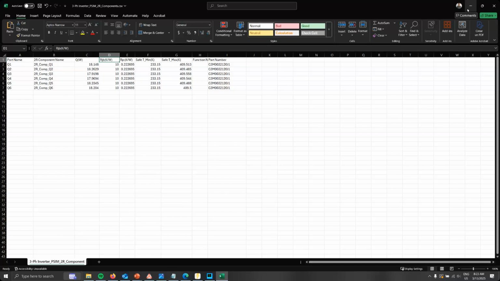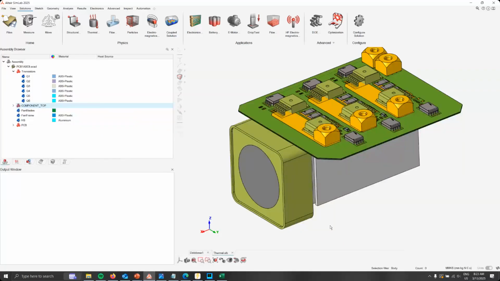Okay, so this file can be read by SimLab, and SimLab, by reading this CSV file, will automatically assign the 2R models and the losses to the bodies in the simulation. So that deals with the PSIM part. Let's look at